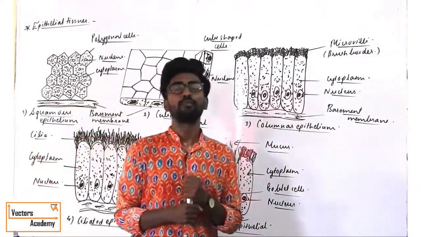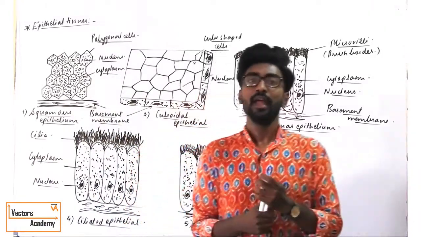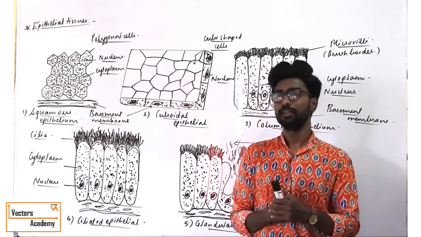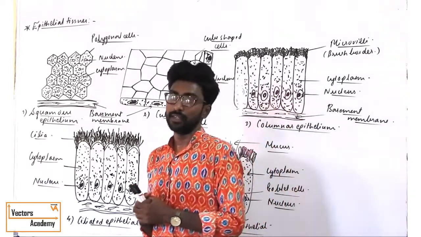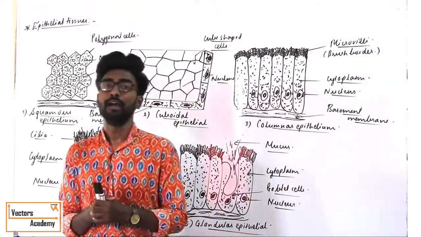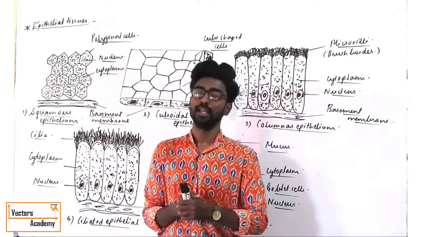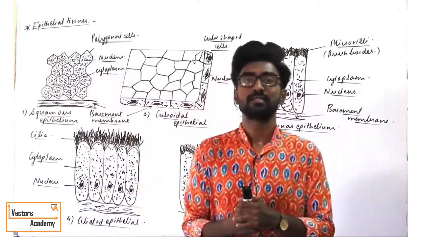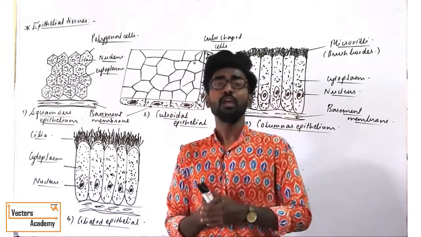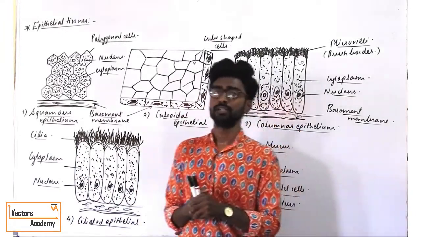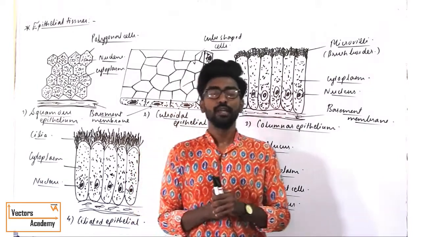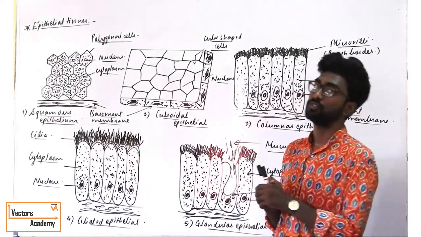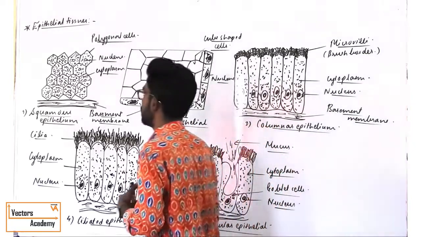Tissue is a group of cells which is similar in structure and similar in function. Whenever a single cell undergoes division, that is cell division, and that cell divides to form a group of cells, that group of cells is generally called tissue, and this tissue is similar in its structure and its function. The branch of biology which generally deals with the study of tissue is called histology.